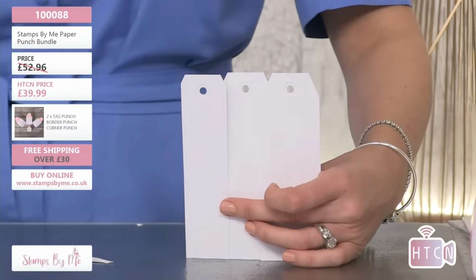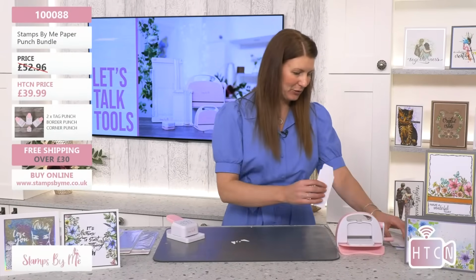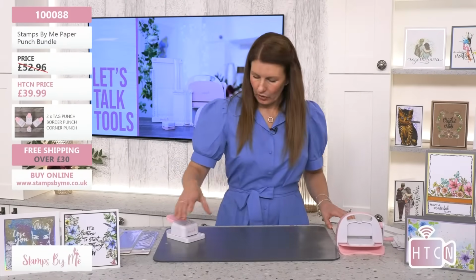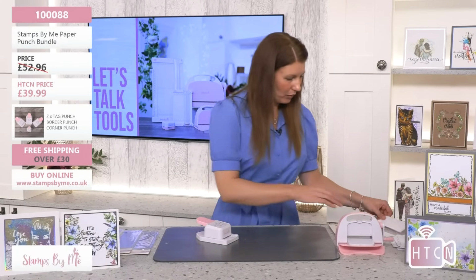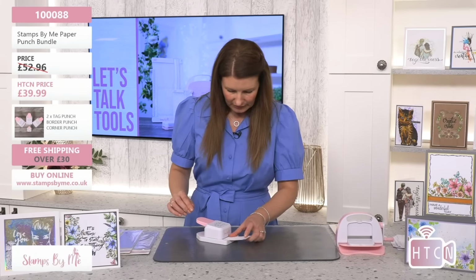So that's that one. And then what about banners? We need to do banners, don't we? So when I've shown you this banner one, well, let's just grab some paper. Running out of paper. So let's just pop this in. So this is the 2.5. Now these make great mat and layer